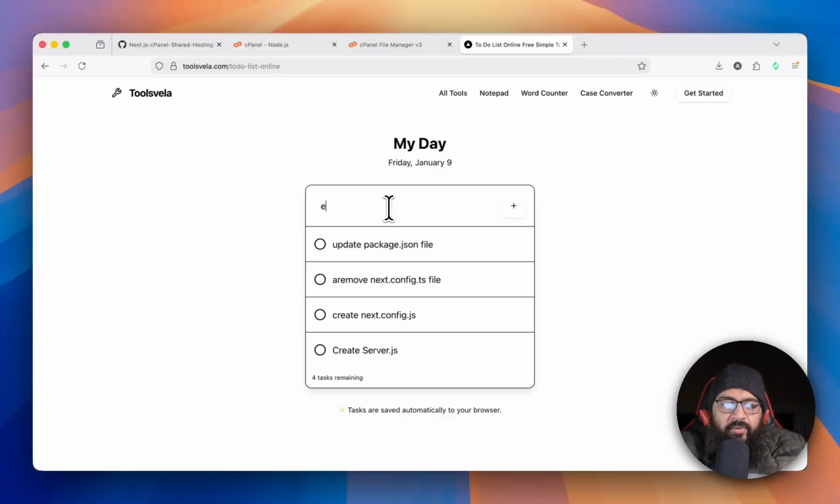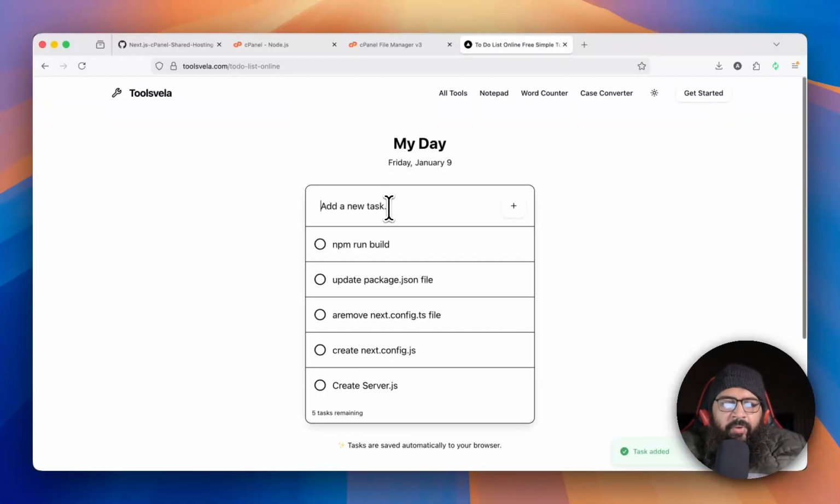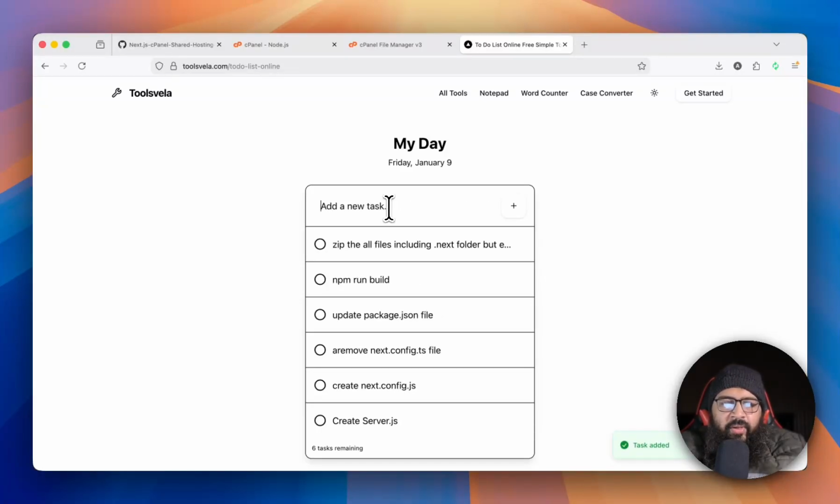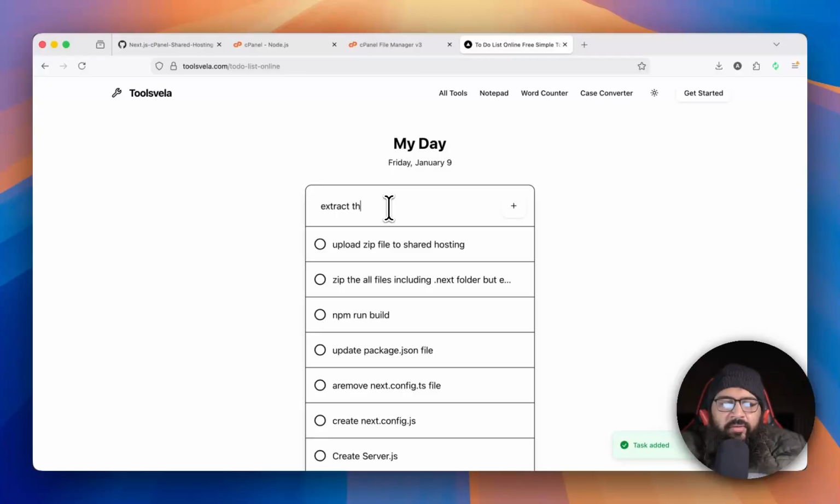Here I'm going to execute the command npm run build, zip all the files including the .next folder, but exclude the node_modules, and then upload the zip file to shared hosting, extract the files, then set up the Node.js app,